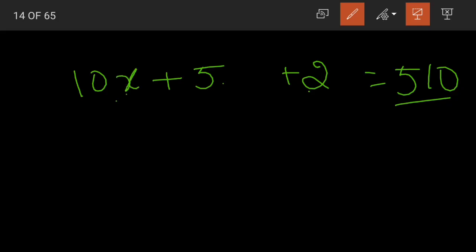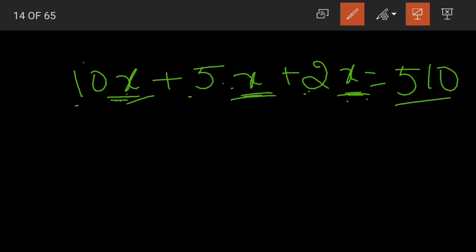Whenever in mathematics we don't know the exact number, we don't know what could be the number, we represent it by x. We do not know the number of notes she is having, so we are representing it with x. Why is x written for all the three denominations? Because she has an equal number of notes for all denominations, the same number of notes.